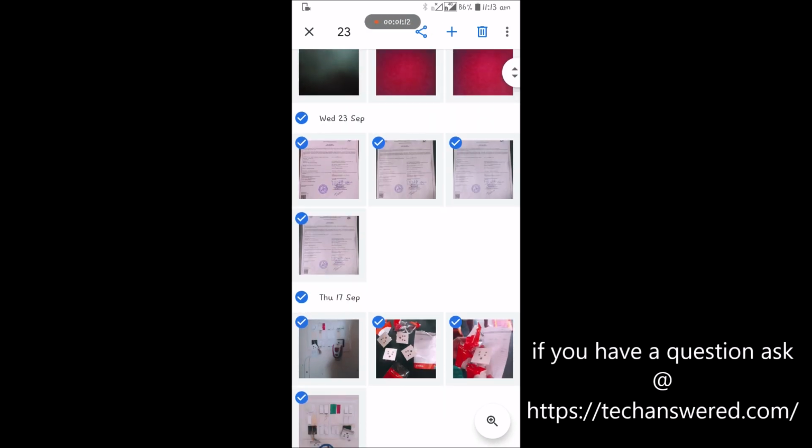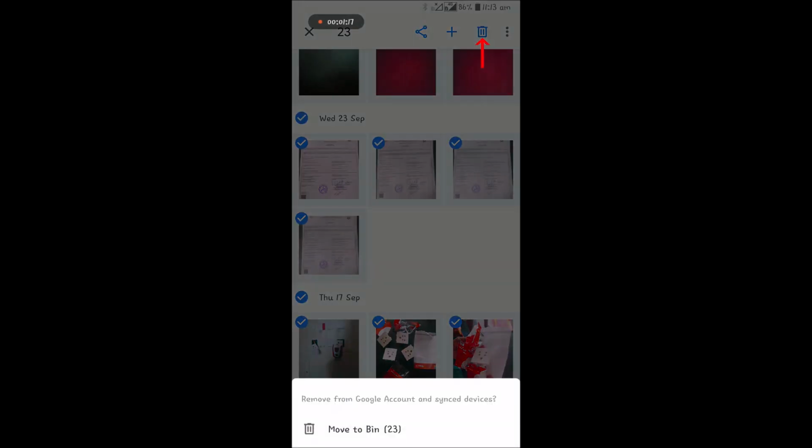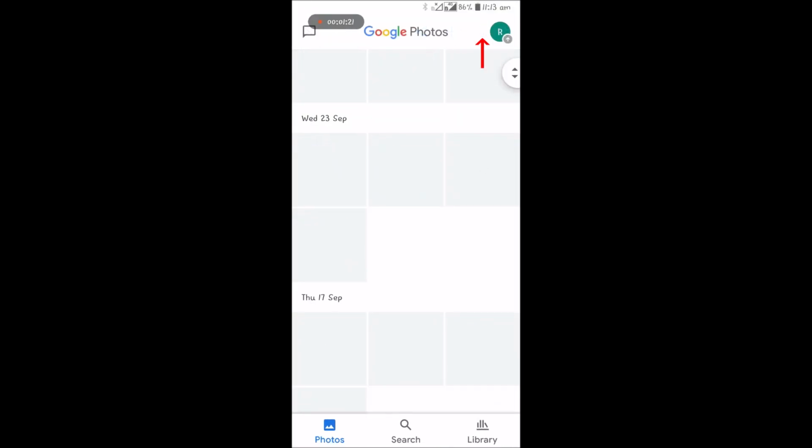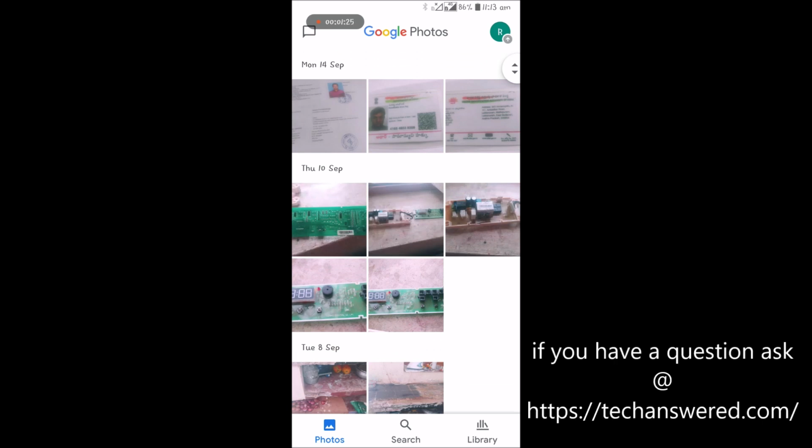So to delete, at top you will have the delete option or the bin option. So when you tap on that, move to bin. So if you tap on that, all the photos get deleted. So see here,